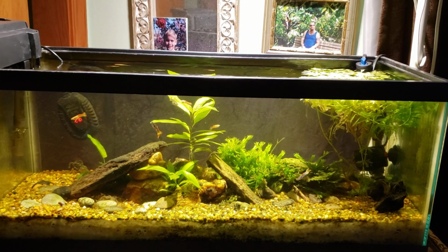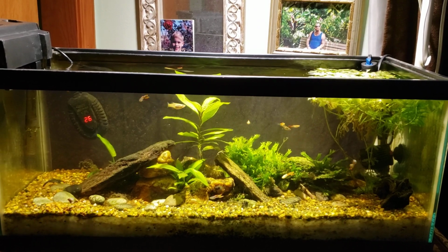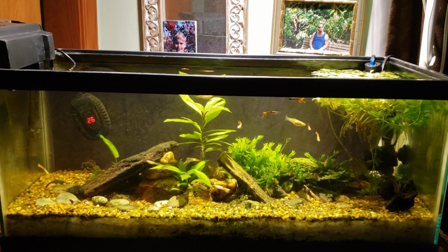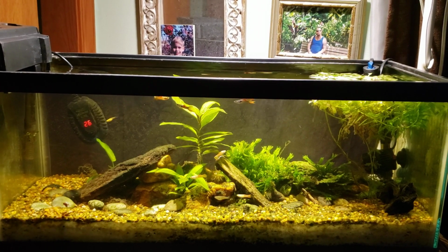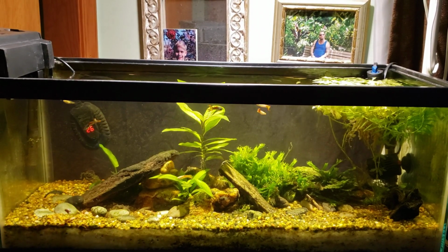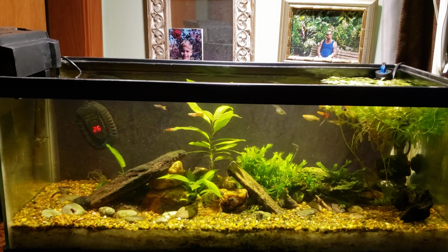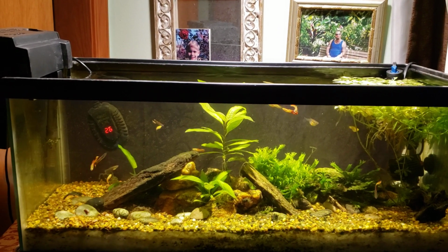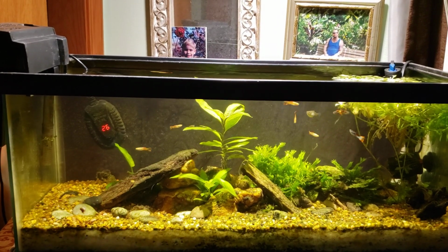Hey everybody, this is my 20-gallon open-topped office tank, and I just got finished doing a little bit of basic maintenance to it. I didn't bother with the before and after with the water change. Wasn't really much of a point. The glass was dirty, the water got changed, not a whole lot of difference between the before and the after other than the glass being wiped down and the tank being topped off. But I did want to talk about what's going on in the tank a little bit now that I'm done